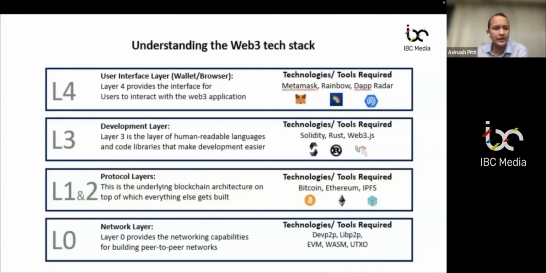Then we have an L3 layer. The L3 layer is a layer of human readable languages, where we basically have a development layer. We talk about the Solidity language, and I'll show you how Solidity is written here. We have Rust. I think we'll come to Rust again when we talk about Polkadot and the Substrate framework, and we also have Web3.js. We also have an L4 layer, which is a user interface layer where you interact